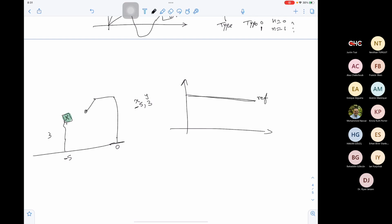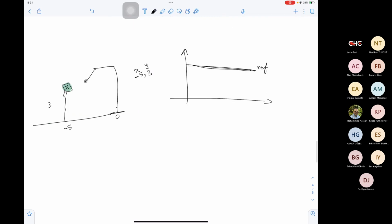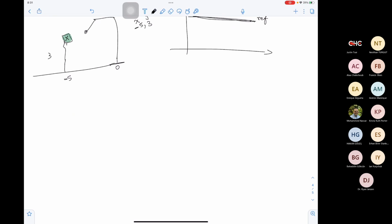So it's easy to track. We can reach this reference value with a zero steady state error. Does this make sense? Yes, sir. Now, if we go back to our motor, and we try to control the three currents IA,